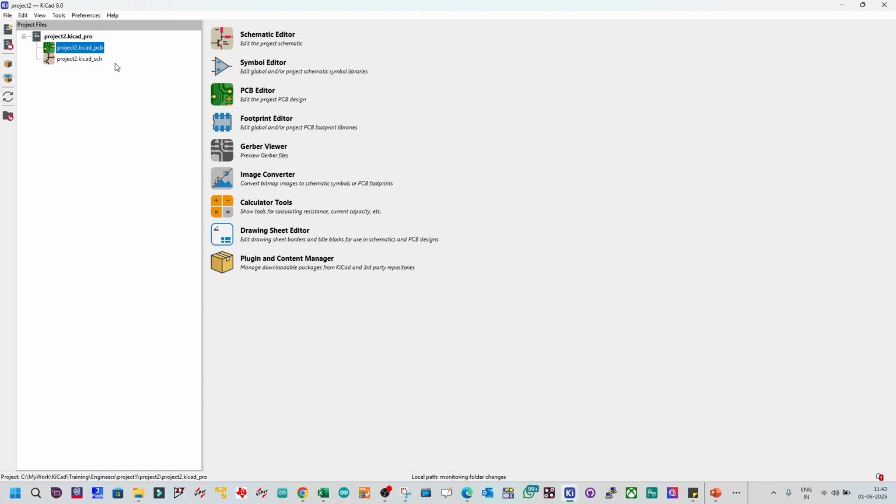But we are assuming it is not there. We are going to create a new symbol. So right now we went to the Mouser. We downloaded a library, and in that library we have the symbol. We have a footprint. We have a 3D model of that. So that component, all these three things we are going to